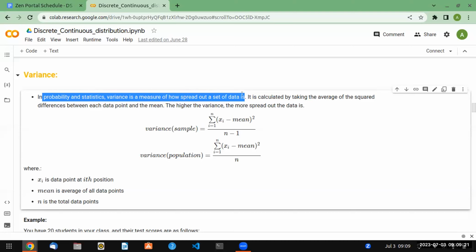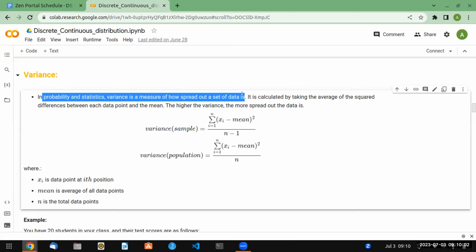set of data is. Now suppose you have a column in your data frame, a column which contains the age of the people. Now what do we mean by variance? Like from which to which age group most of my people or users or customers are falling into. Suppose from 25 to 40, that is the range where like 90% of your buyers are buying your product. So we are seeing how spread out the set of data is inside your data set.